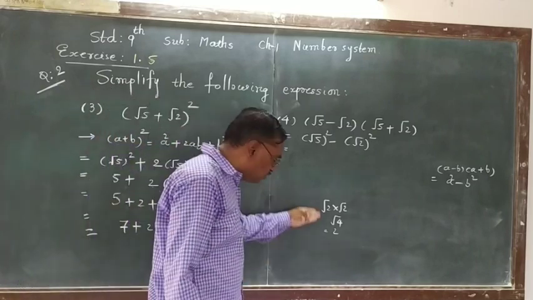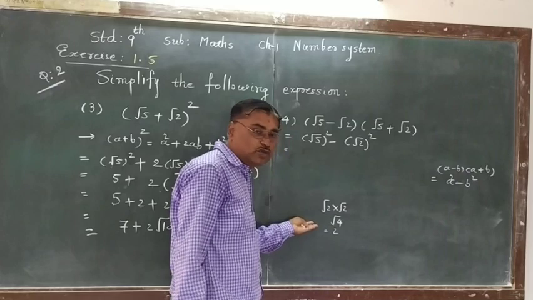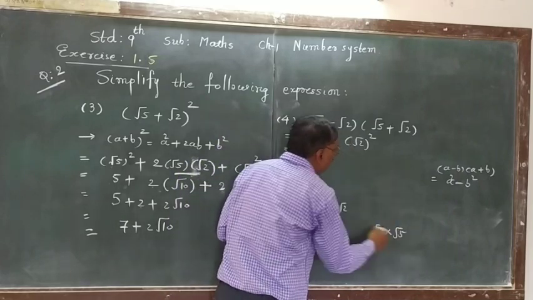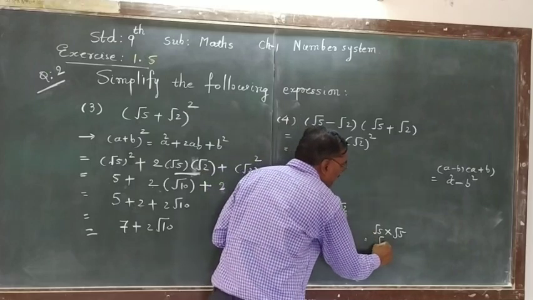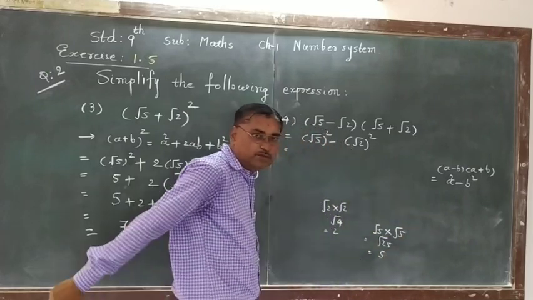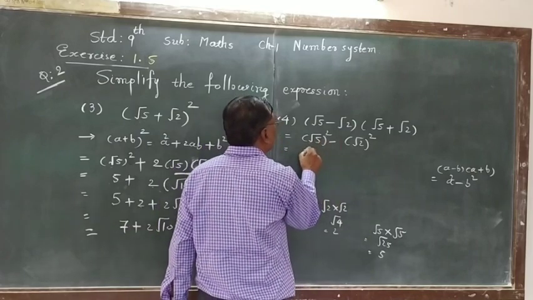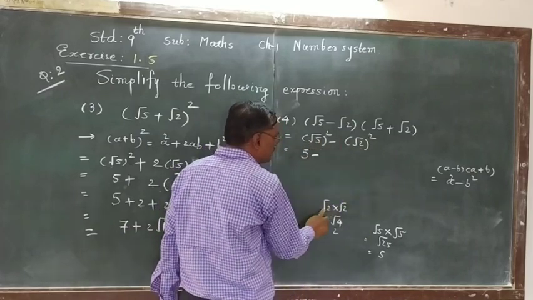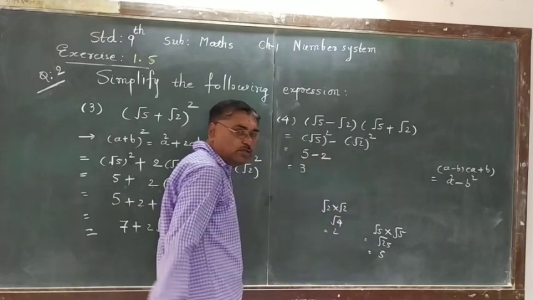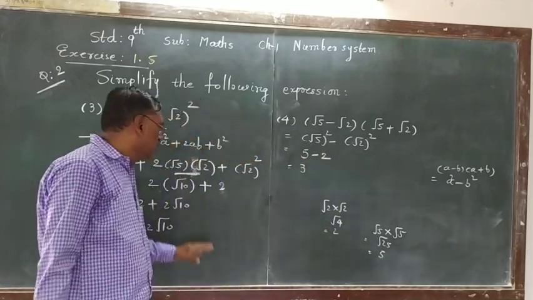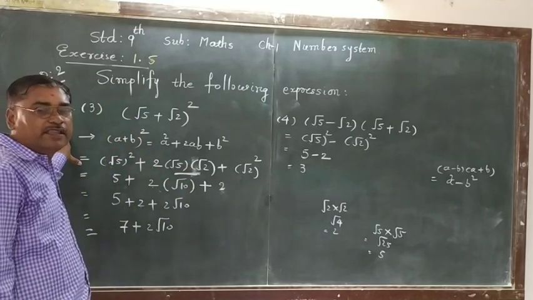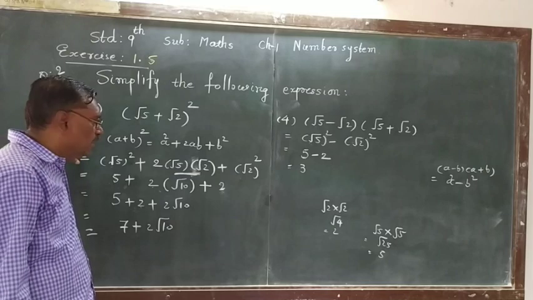Okay. Root 5 square we have already written as 5. We can also solve it like this: root 5 multiply root 5 gives root 25, and the square root of 25 is 5. So root 5 square is 5, minus root 2 square is 2. So 5 minus 2 equals 3. Okay? Using the formula, we can simplify the expression very easily. Okay. Now write down in your